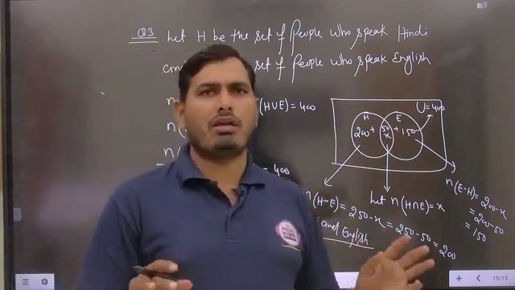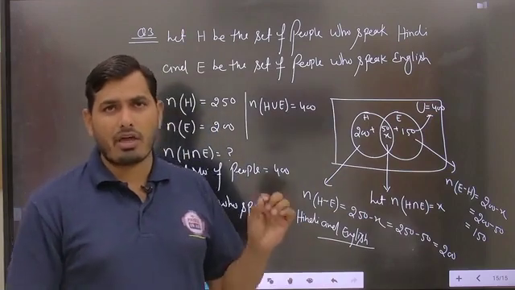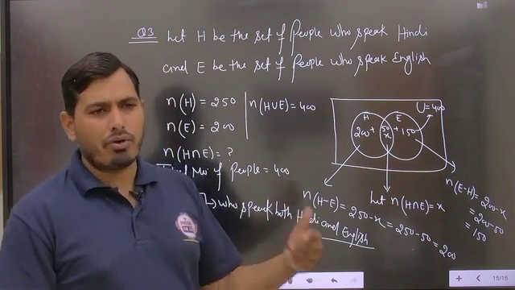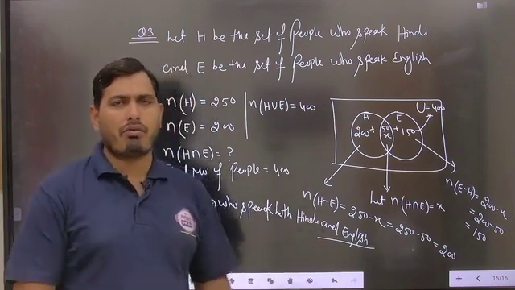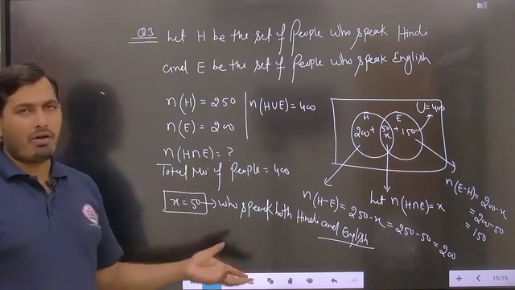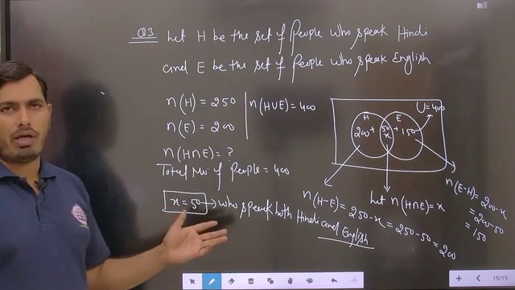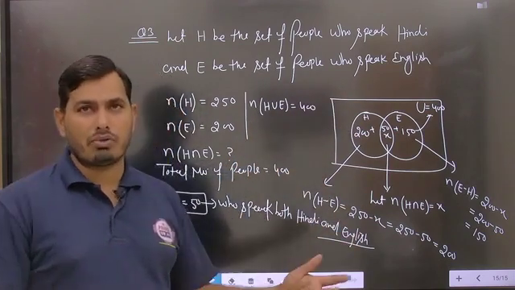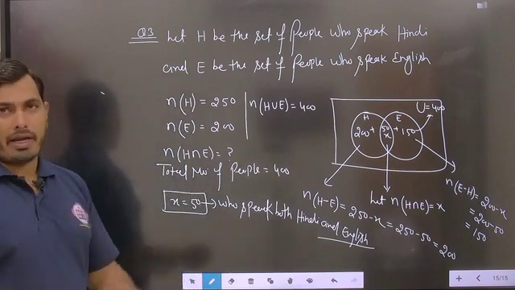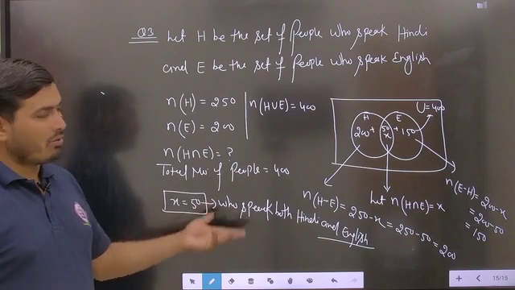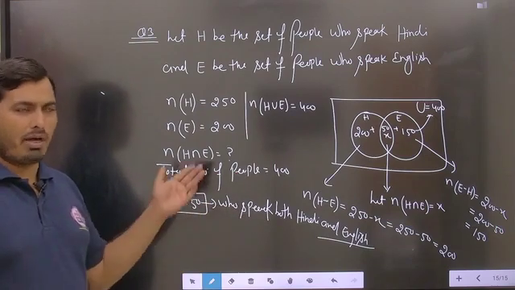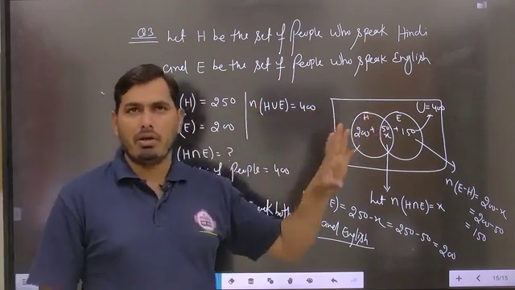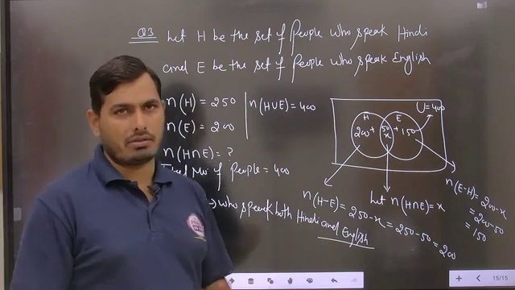So in this manner you can take the help of a Venn diagram, which specifies each and every part separately. According to the question given, we just have to provide the answer. Is it clear? We are not using the formula here, though you can use it also, but the Venn diagram is the most important part. You can use this Venn diagram to simplify such types of questions. It is also an easier approach in spite of the formula. You can use the formula also, no problem. You will get the same answer, but you can use the Venn diagram for a more appropriate understanding of the things. Is it clear?